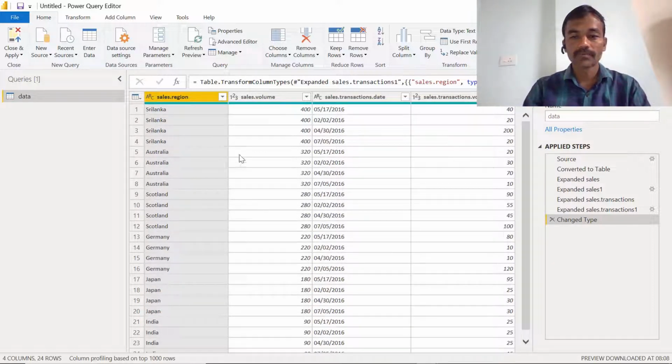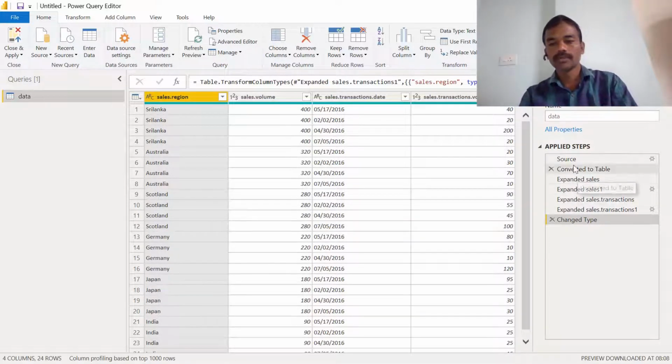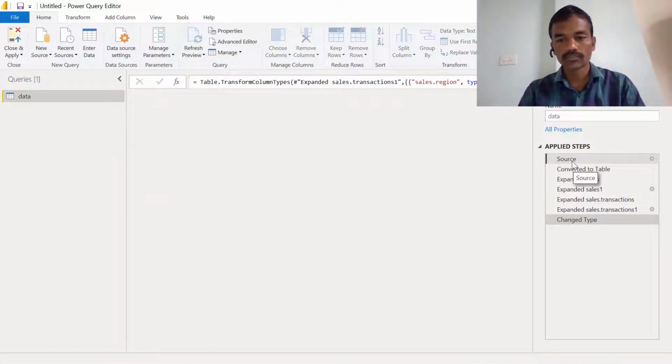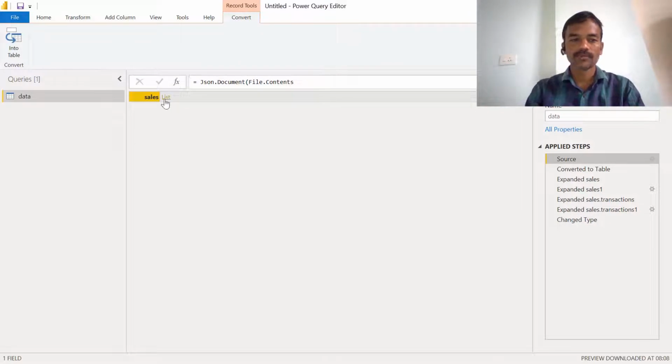It is automatically converted. Now you can see the applied steps. This is the way it is imported. You can see the source is just a list of values. The first step when we connect to the JSON file is that it will appear like this, and we can convert it into a table, but this is automatically done by the tool.